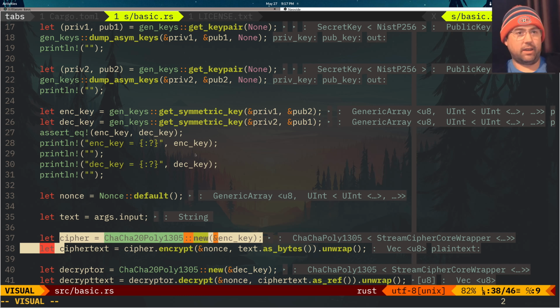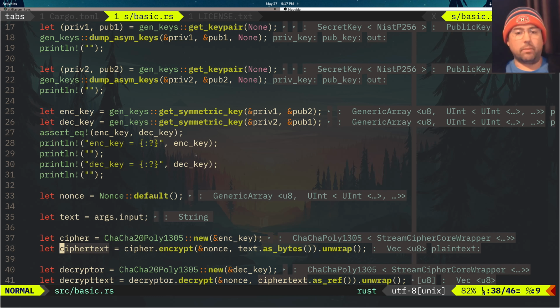that I passed in to a piece of ciphertext. Now, ChaCha20-Poly1305 is actually an AEAD cryptographic primitive. And what that means is that not only does it encrypt the data, but it ensures the authenticity